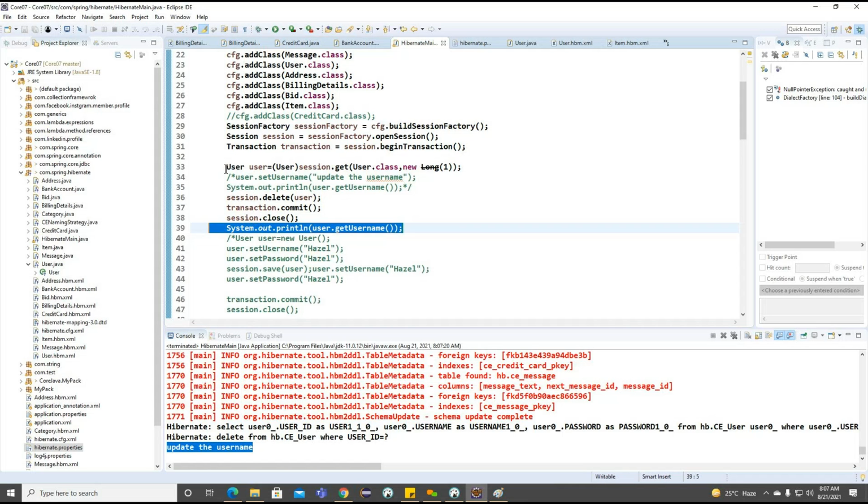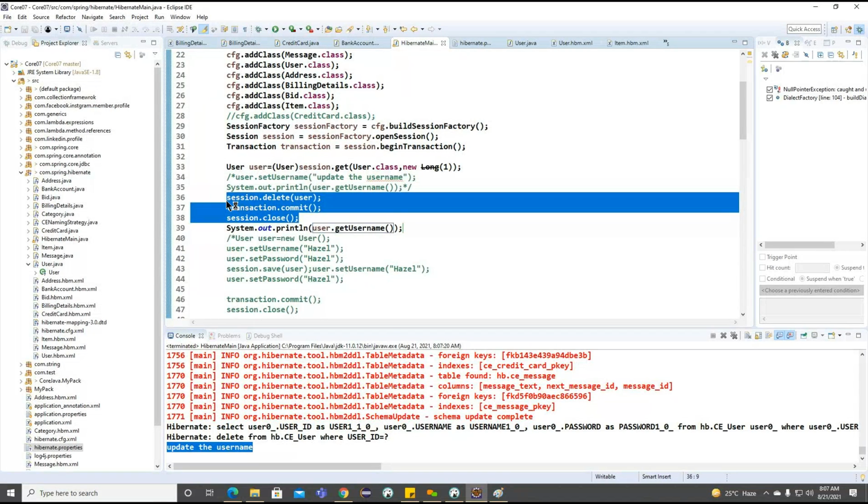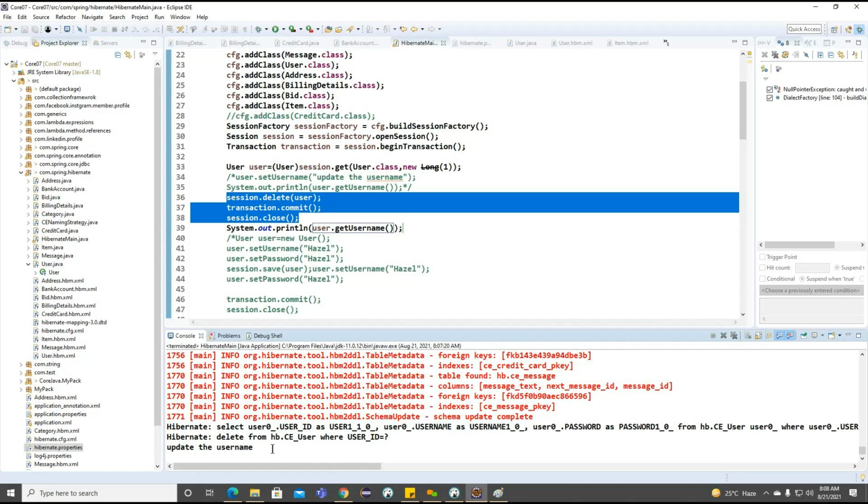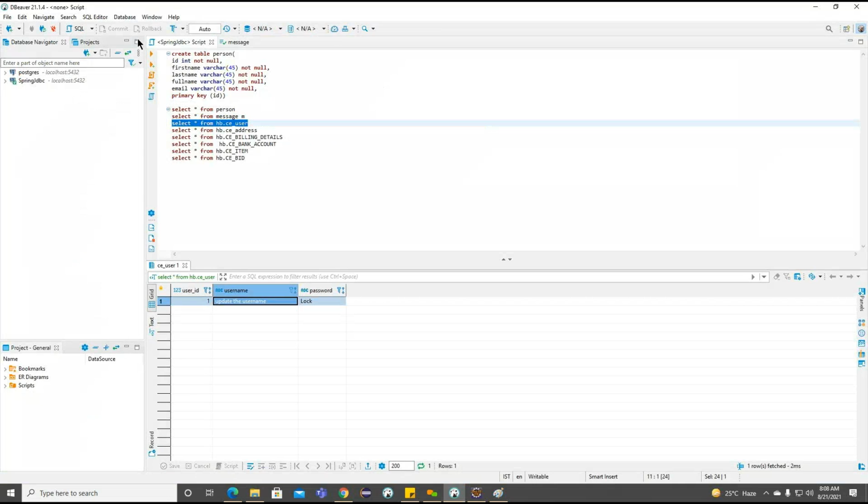Now what you are understanding here is that we are entering into the transient state. So there is no relation with the session or transaction. This particular object is no longer associated with our session or transaction here. But even without the object being available with the session and transaction, we are accessing it. But if I am going to check, this object is no longer available.